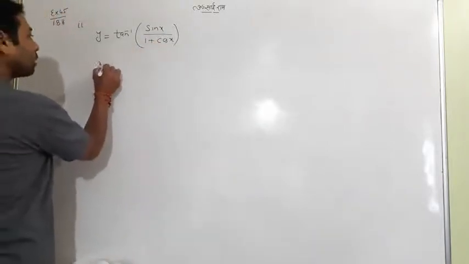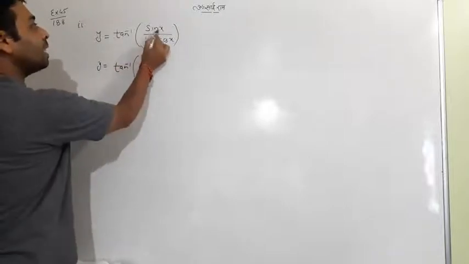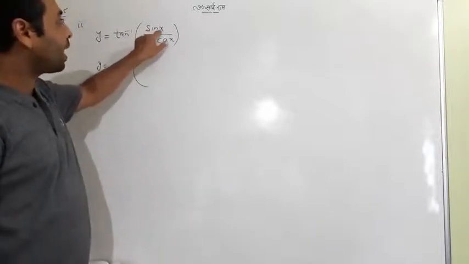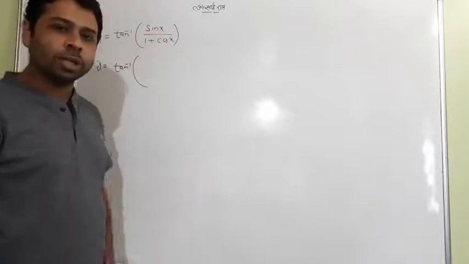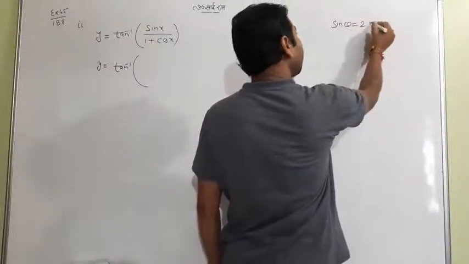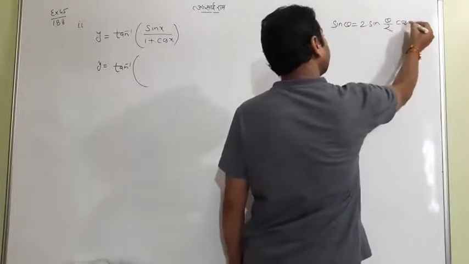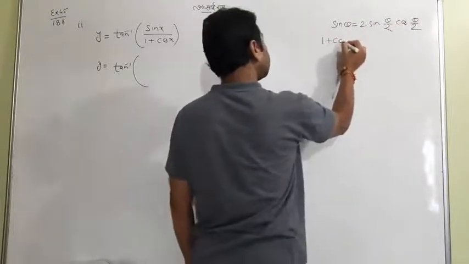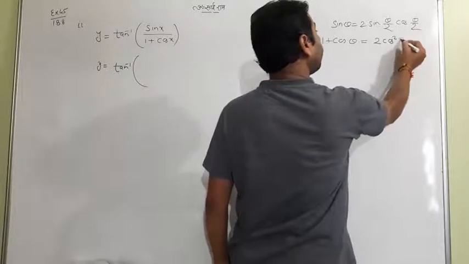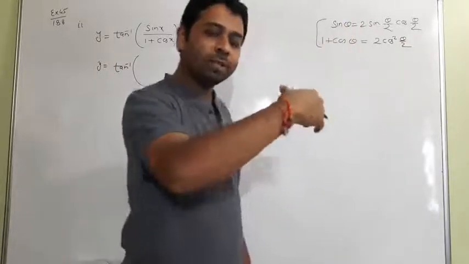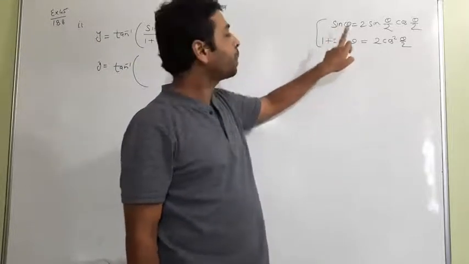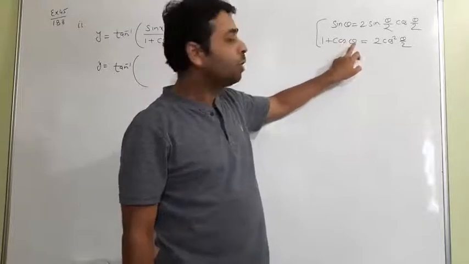What I am telling you, look at this. This is sine x. I am not substituting any value, but I am simplifying it. Sine x, this is a famous one. Before yesterday, I discussed these two formulas with you. You remember that sine theta in half angle is 2 sine theta by 2 cos theta by 2. And 1 plus cos theta, the denominator, is equal to 2 cos square theta by 2. If you have seen my videos or studied by yourself, this is the half angle of sine 2 theta and the half angle of 1 plus cos 2 theta. So these were the formulas.